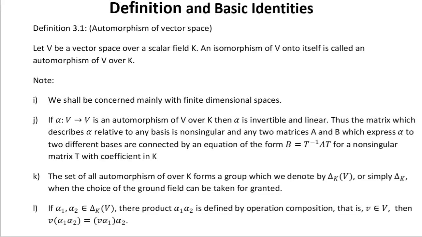And so like I was saying, we have a vector space. So we begin with what we call automorphisms of vector space. So we say let V be a vector space over a scalar field K. An isomorphism of V onto itself is an automorphism of V over K. So we need to know the definition of an automorphism of a vector space. So there are things to note, and for me the key thing I want you to note is this, what